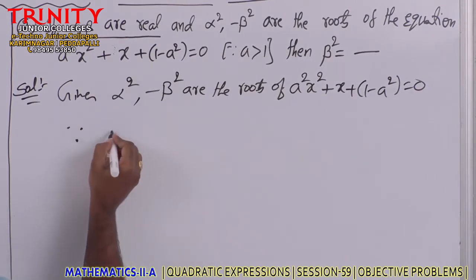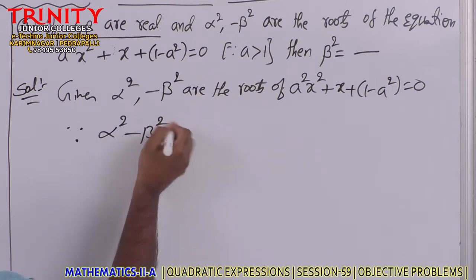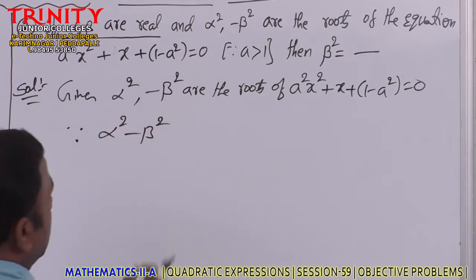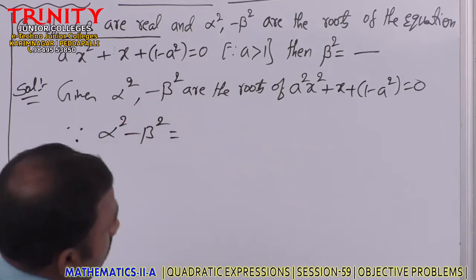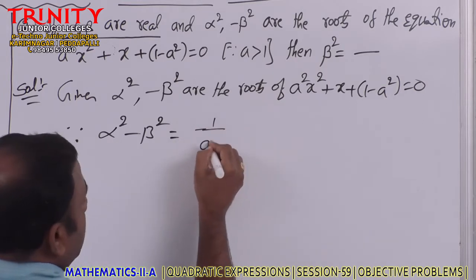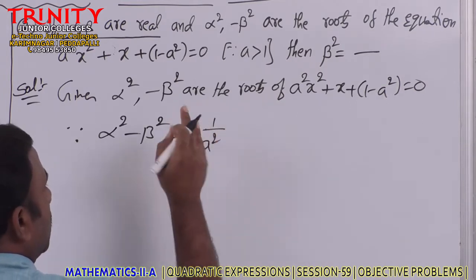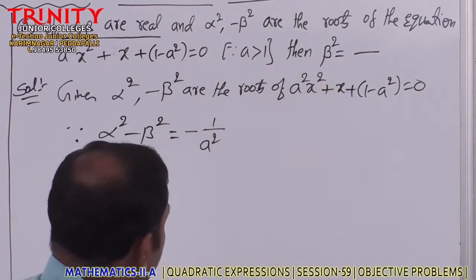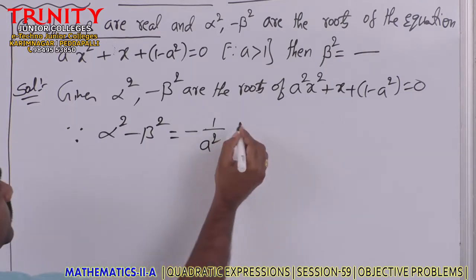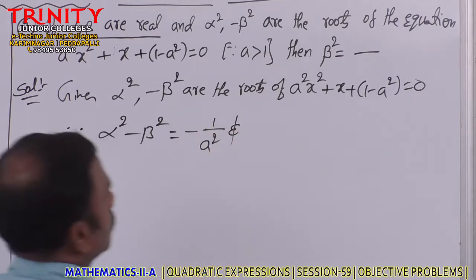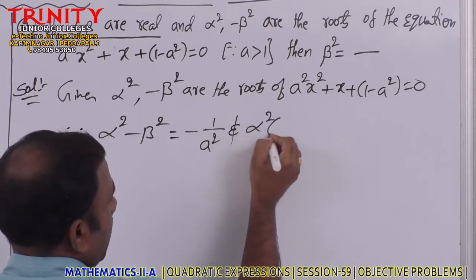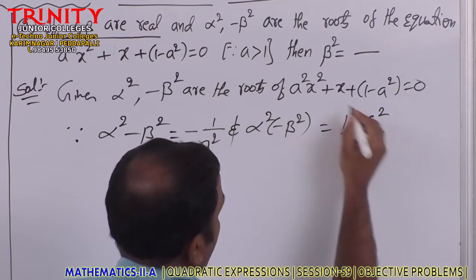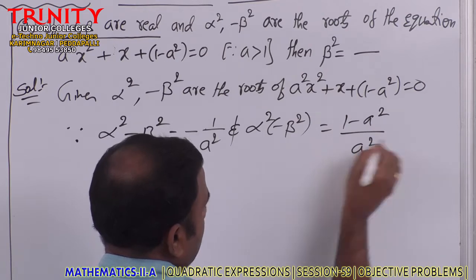From this we can write sum of the roots, alpha square plus beta square actually, but here in place of beta we have minus beta square is there. That's why alpha square minus beta square is equal to sum of the roots, minus 1 by a square. Sum of the roots, minus b by a, that is minus 1 by a square, and product of the roots, alpha square into minus beta square is equal to 1 minus a square by c by a, that is a square,